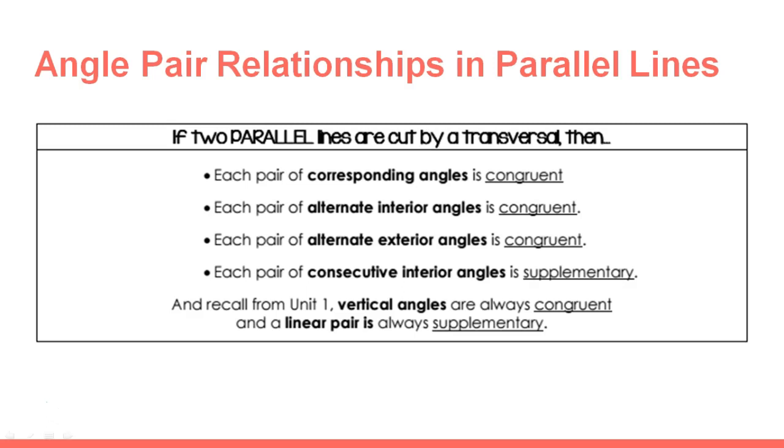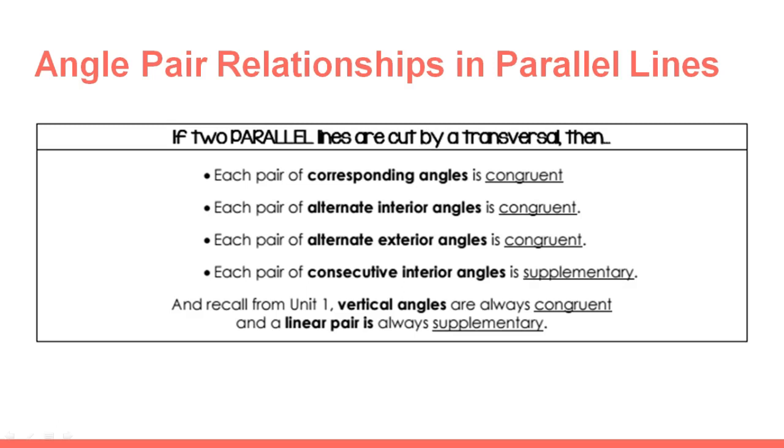So the properties you have in your notes are located on page 7. They're all filled in at the top, and it basically states that when you have corresponding angles, alternate interior angles, and alternate exterior angles, they're always going to be congruent in our transversal. So if they gave you one angle, you can figure out almost all the other ones based off of that. And the other one, the consecutive interior, or once again our same side interior, those are going to be